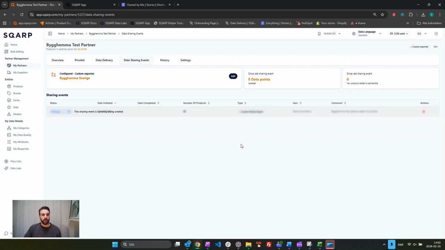In this view, the sharing event is currently being created. This might take a couple of minutes depending on how large the scope of articles are. We can see this little wheel is spinning here. We can just update the page to see if it's done. The sharing event is now complete. We have a little download button here. And if we click that, we're going to